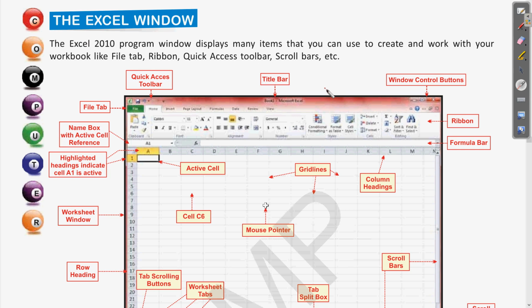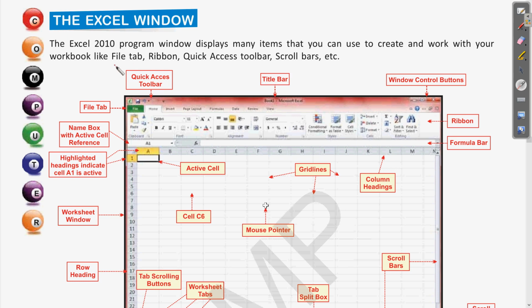According to the different versions, we have different layouts of this software. Right now we are talking about Excel 2010. Maybe in the previous versions the window will differ.